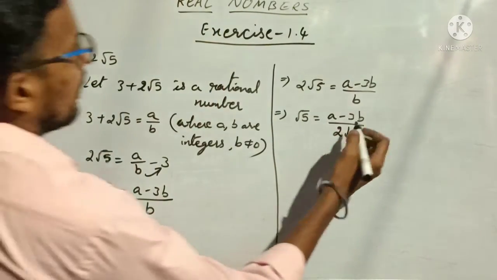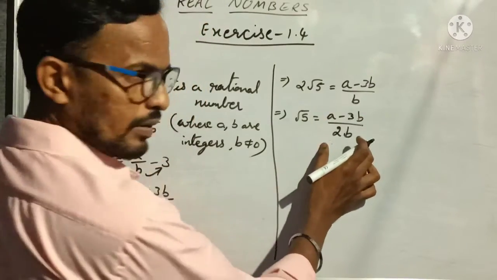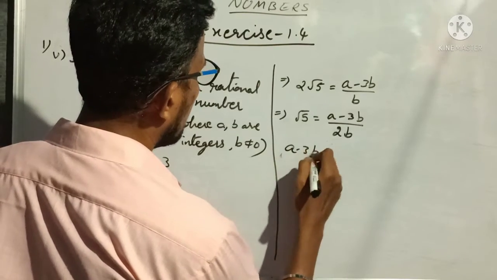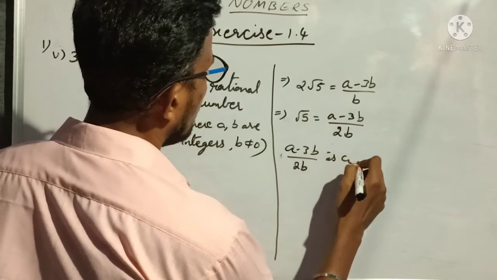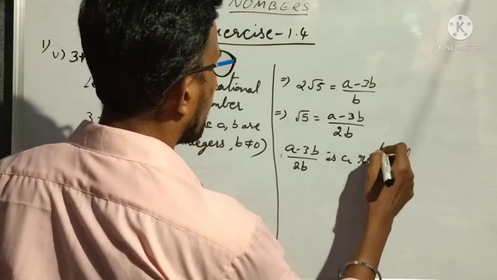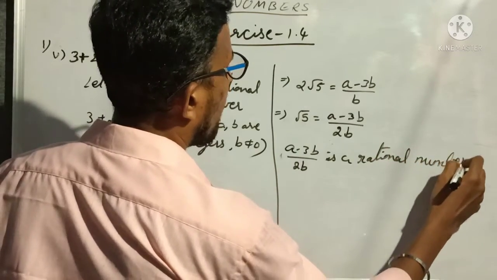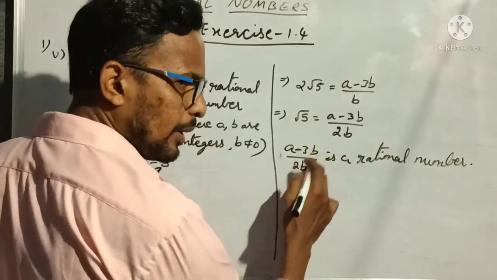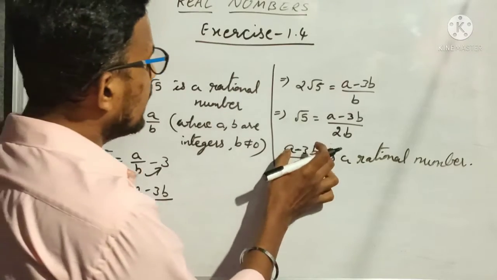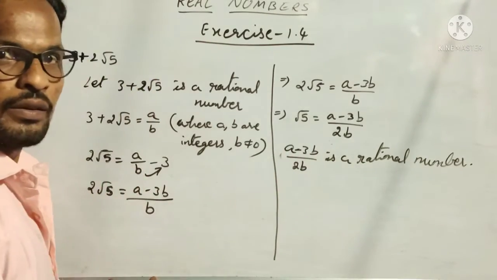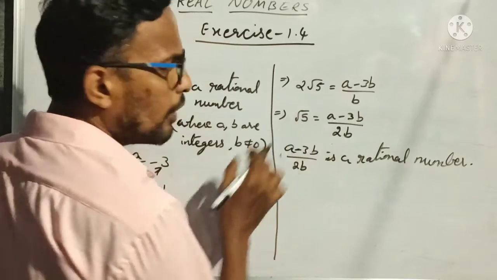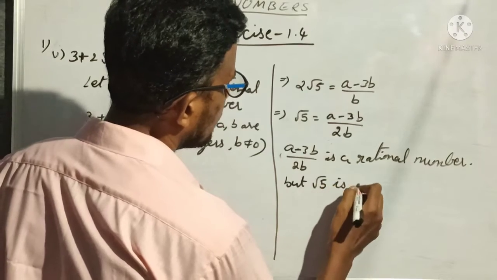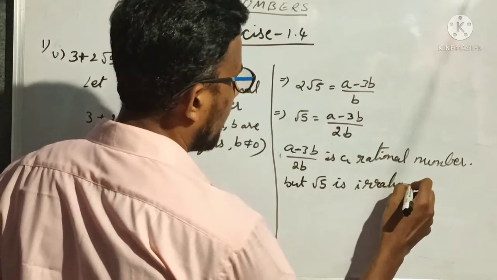Yes, so here a, b are integers, that's why a minus 3b by 2b is a rational number, right? What is a minus 3b by 2b? That is a rational number. Why? Because a is an integer and b is an integer here. Yes, when we substitute any integer here, we will get definitely a rational number. But here this is equal to root 5. What is root 5 here? Irrational. But root 5 is an irrational number,